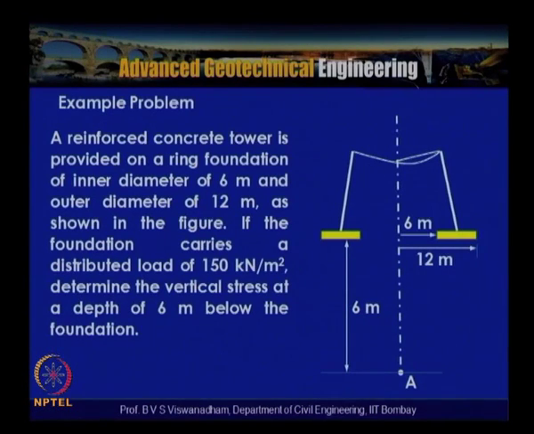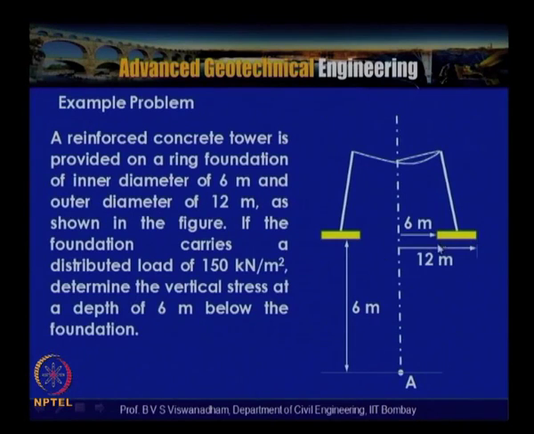So in order to get the sigma Z, what we need to do is calculate the vertical stress due to the entire area, that is the entire 24 meters diameter, and minus the stress intensity due to this particular portion, because this particular portion is not loaded, only this portion is subjected to load. Then we get the net increase in stress due to the loading on